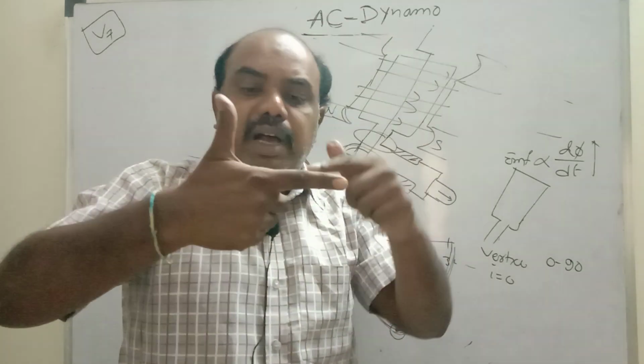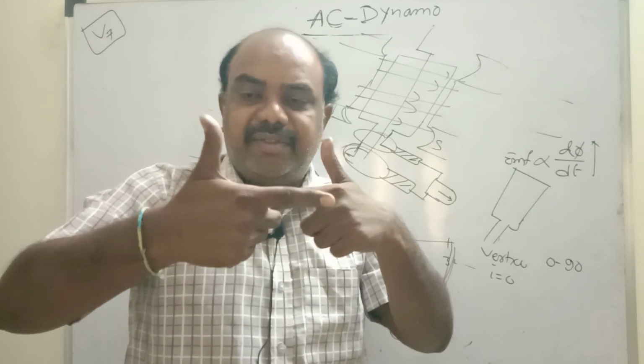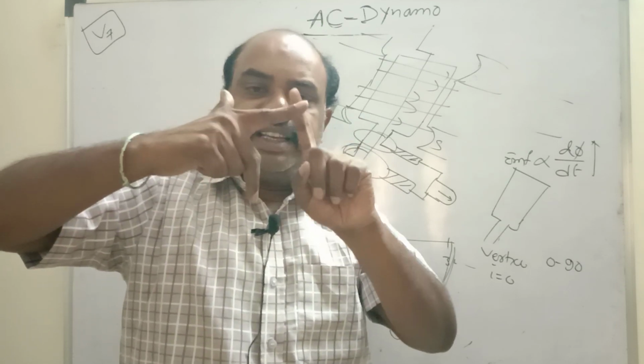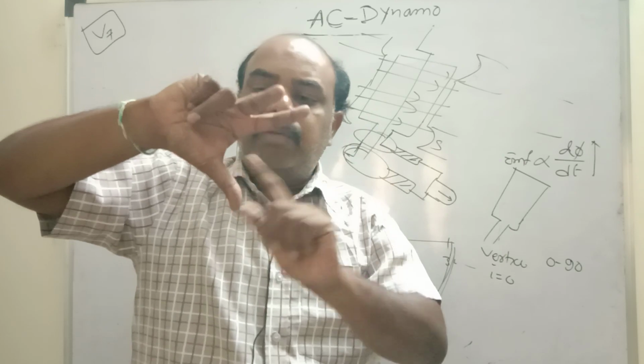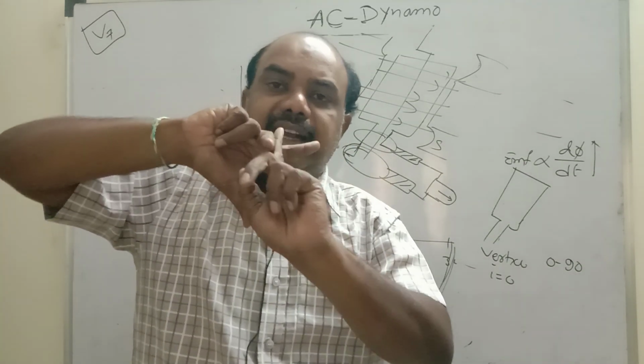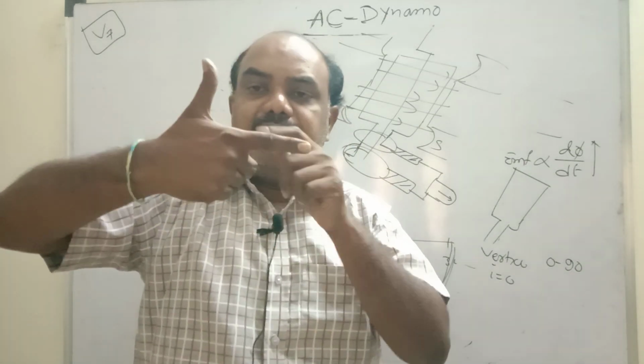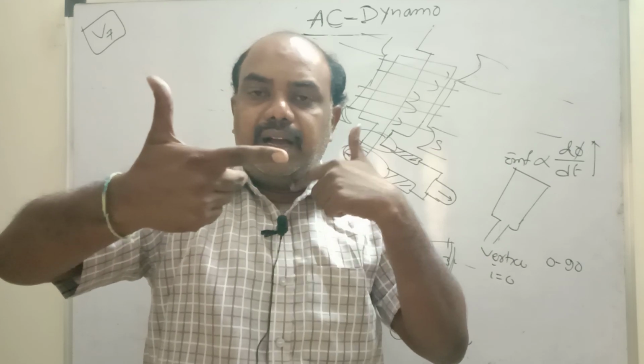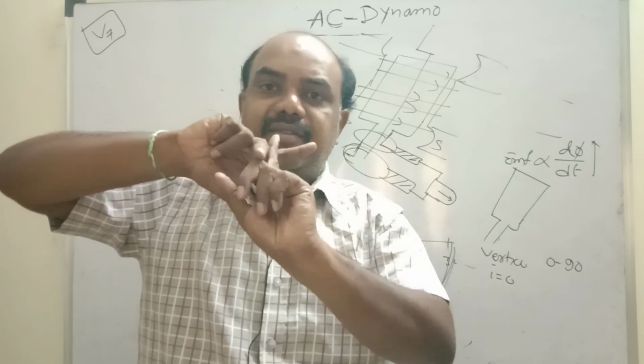If the armature goes up, the current will be inwards, towards my face. The field direction is not changing. If arm CD goes down, the current will be outwards. Arm goes up, current will be inwards. Arm goes down, current will be outwards.